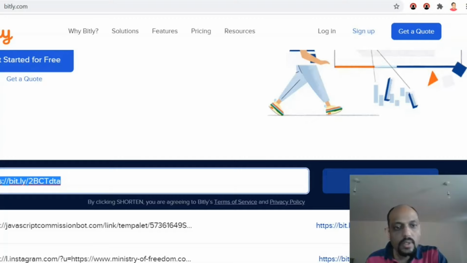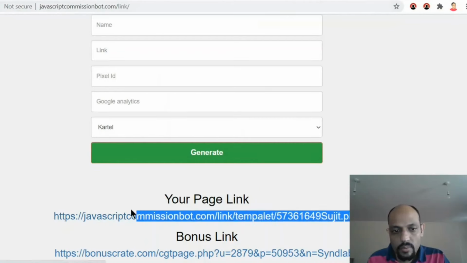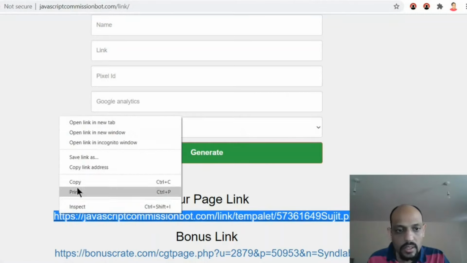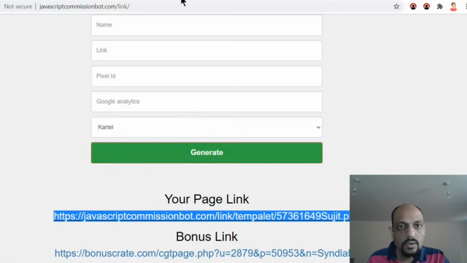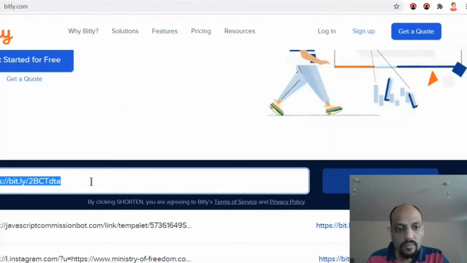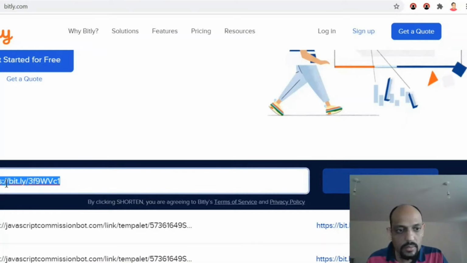Okay, so just copy it and go to my Instagram account. So I'll copy it again. I believe last time it was not copied properly. Okay, I'll copy it again from here, or copy the link address, then go to this, then paste it, then shorten. Yeah, now it is good, I believe.